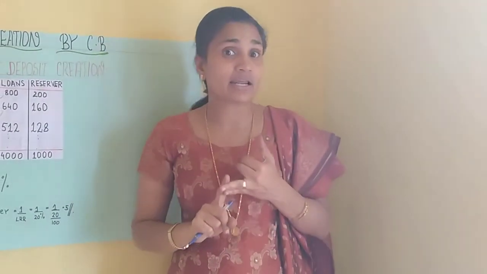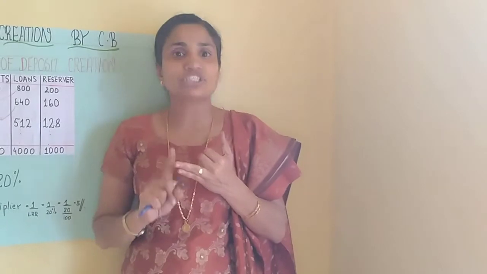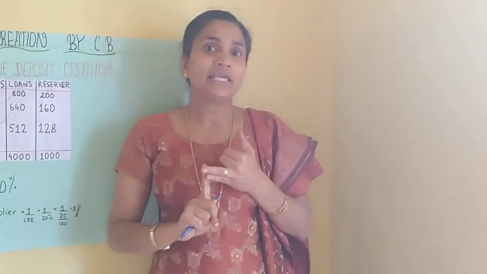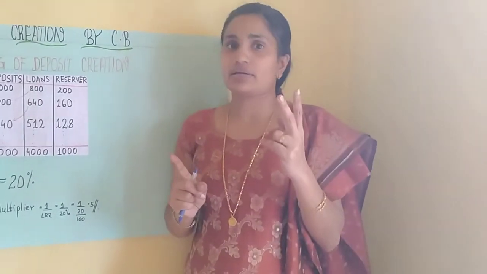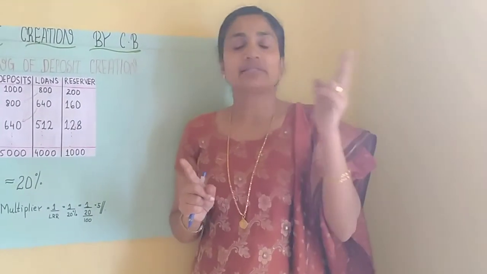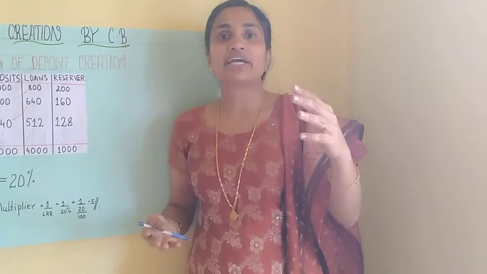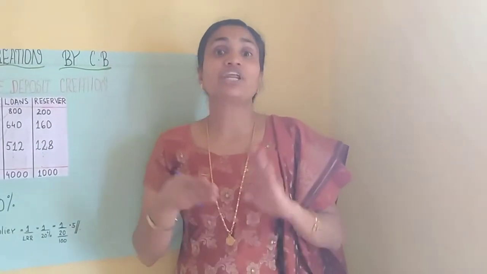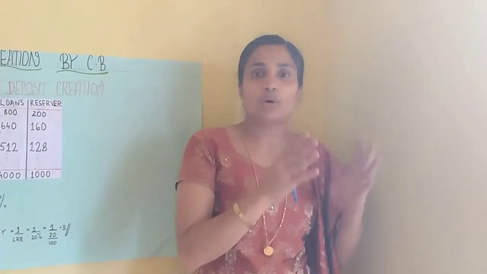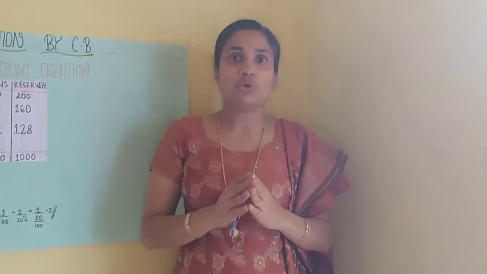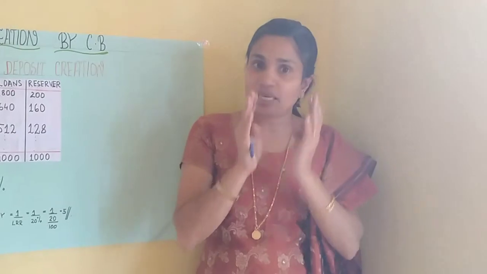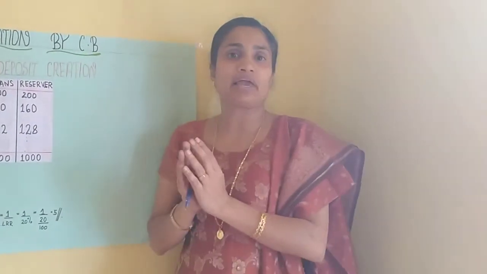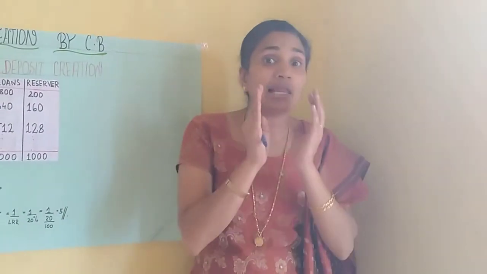Then what is CRR? That is the portion the commercial banks keep with the central bank. So these are the two components of LRR: SLR and CRR. Then we can come back to the money multiplier, the creation of money in the commercial banks. I told you there are deposits, and a certain portion of the deposits they keep with themselves or in the central bank, and that is what is called LRR.